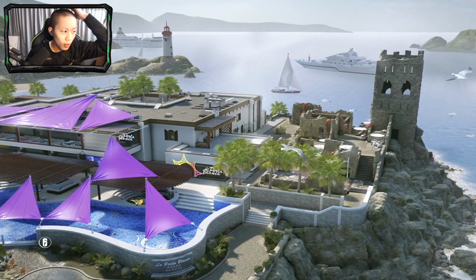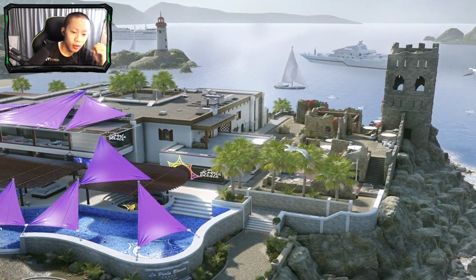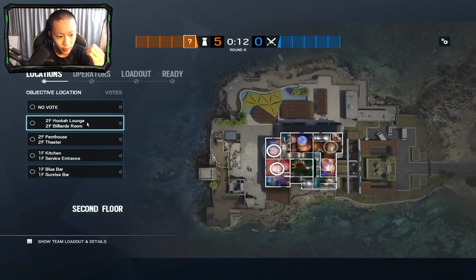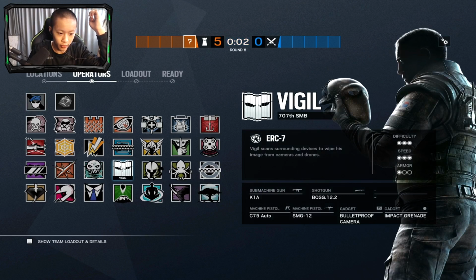Anchoring or roaming on this site is pretty similar. Even if you are a roamer, you're still really effective if you're moving around in the site, just because of how big the site is and how many angles there are. So if I were to go here and pick Vigil,